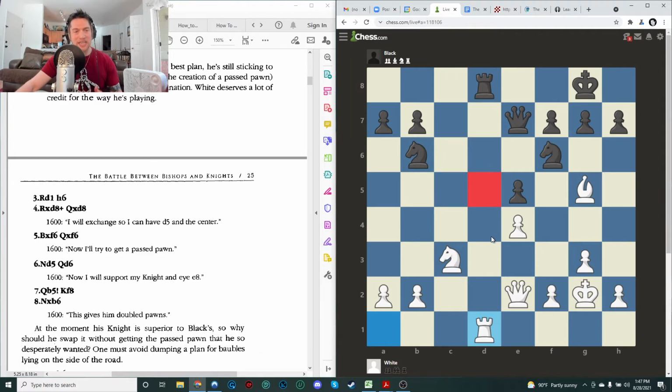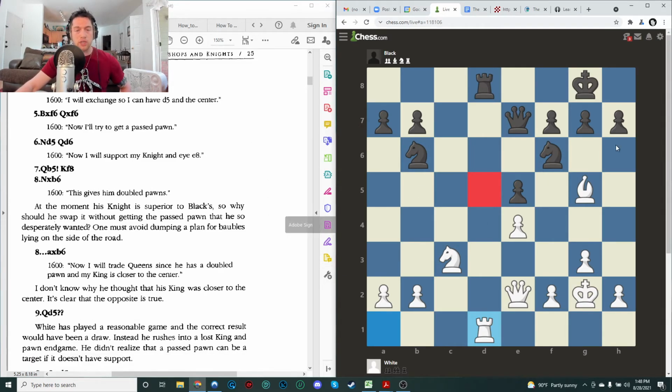With energy and admirable determination, white deserves a lot of credit for the way he's playing. Rook d1, h6, rook takes d8, bishop takes d8. I will now exchange on f6 so I can have even more control over d5. Bishop takes f6, queen takes f6,